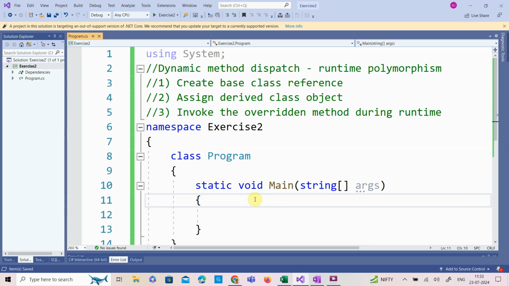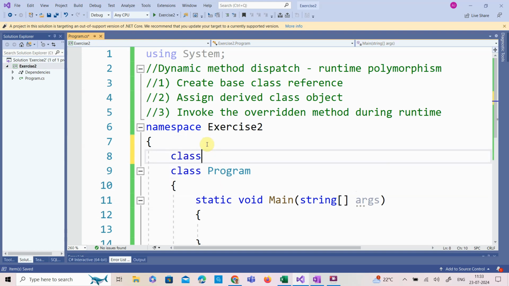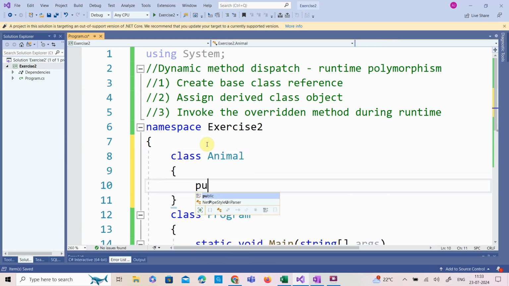The first step is creating the base class reference. Second, assign the derived class object to the base class reference. And the third is to invoke the overridden method during runtime, so that it enables the dynamic method dispatch. To start with, I am going to create a base class called Animal, which has a